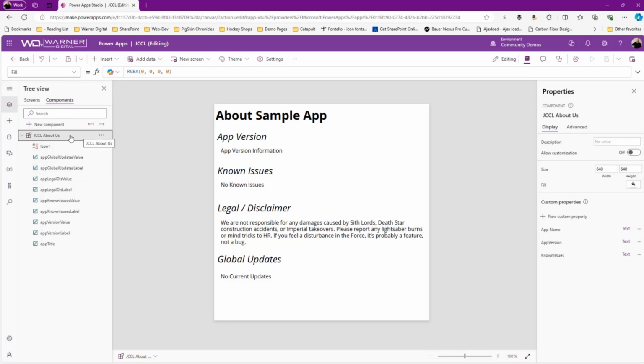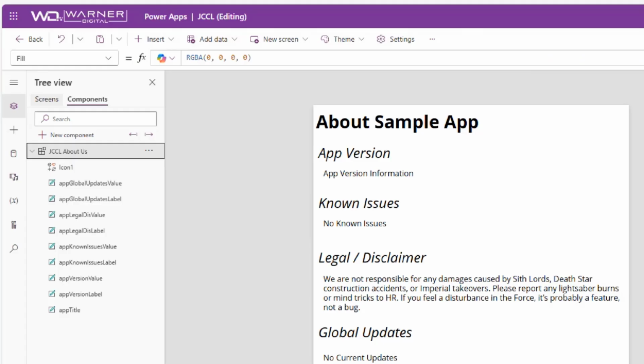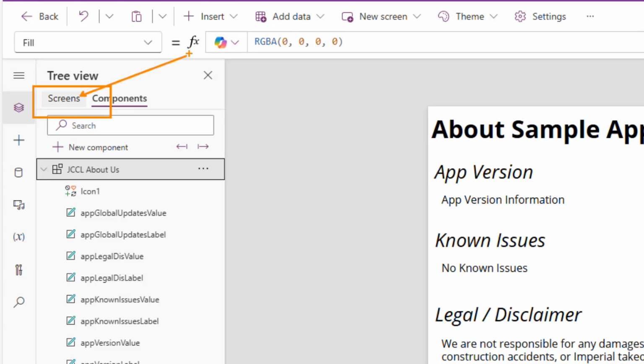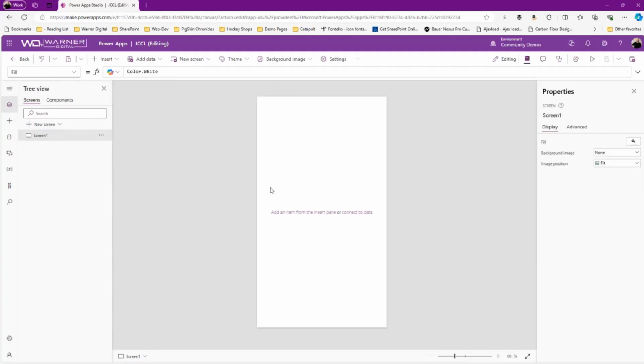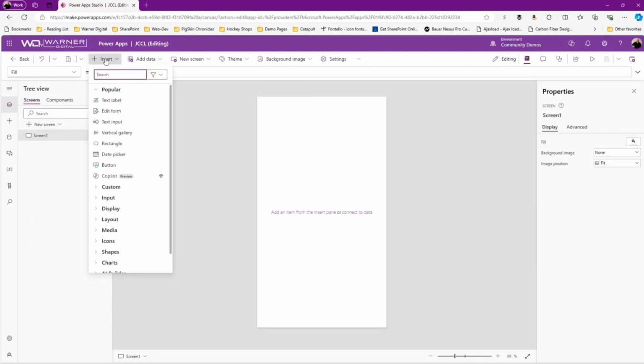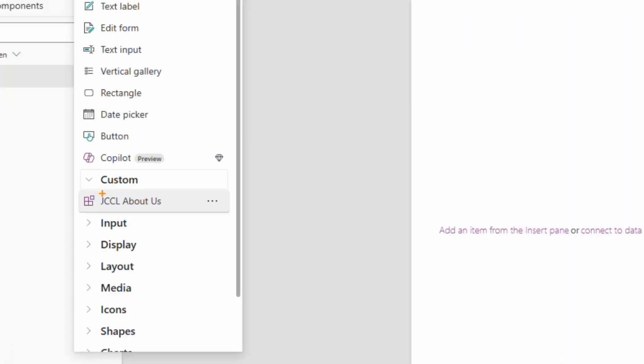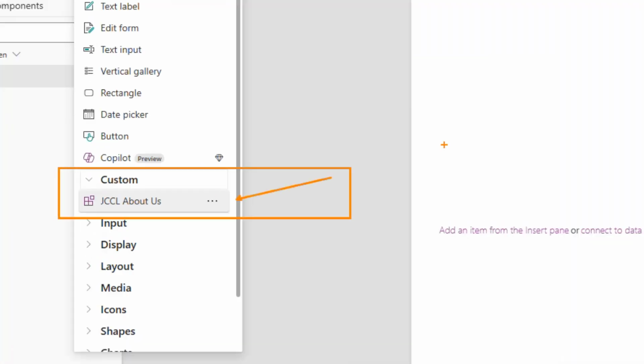Now, if you're not familiar with components, this is obviously just a little page you can associate and adjust. I'm making it very simple. You also have a screens feature here. It's important to note that when you're within a component or a component library, screens is just for testing, right? So if I wanted to come over to screens and insert my component, I've got it available here, and I can do that. I could drop it onto my